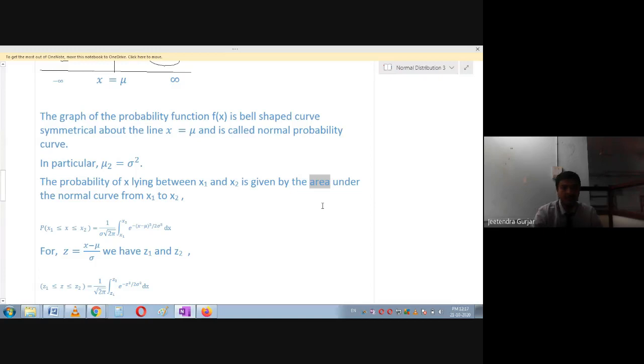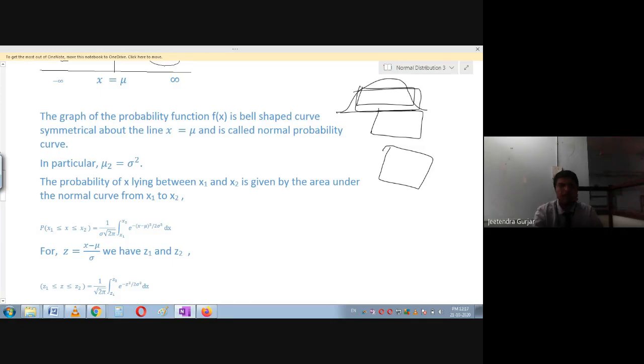If you go through any plot, it may be like this. Suppose the plot may be like this. So these are some of the shapes. So we are going to find this area. We are going to plot the curve and then find the area accordingly. So using the normal distribution, we have good applications here.